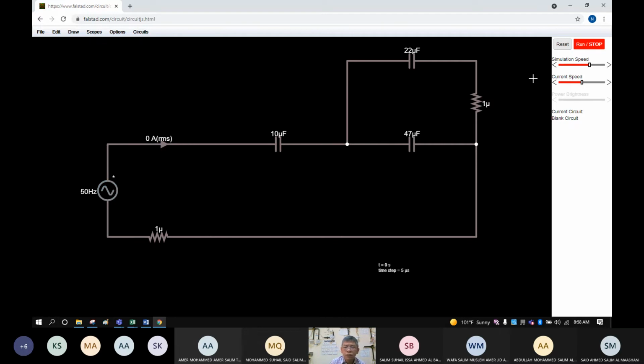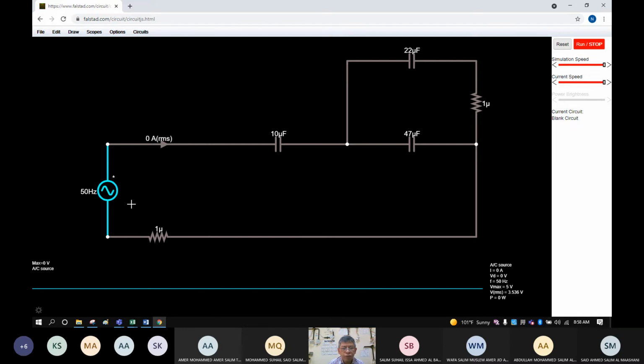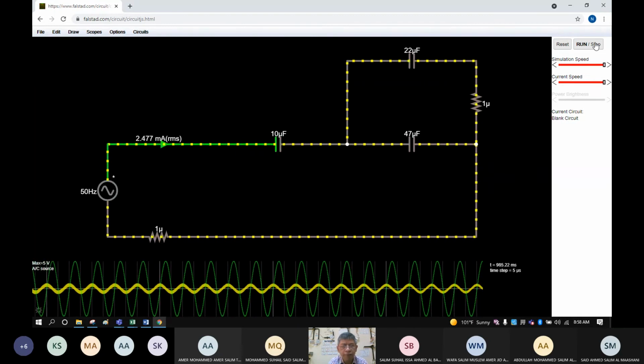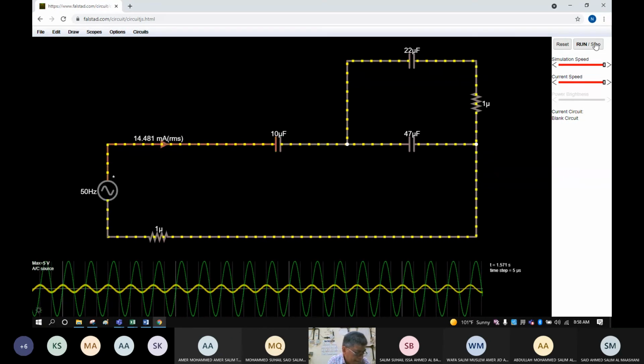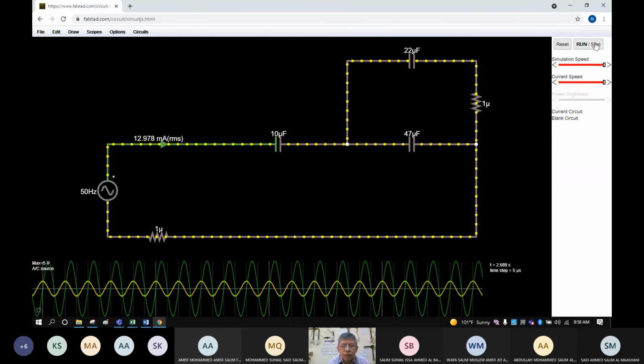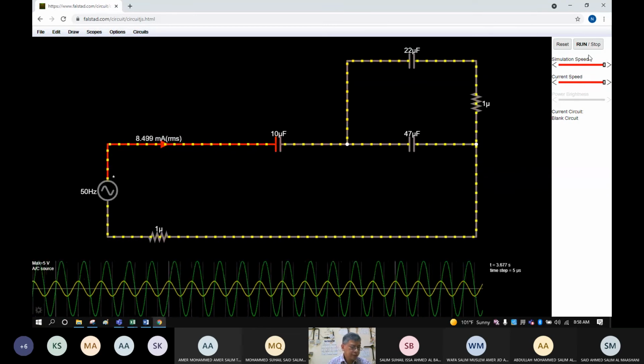Okay, so now we will proceed to this. You need to adjust this to maximum level. Okay, maximum level. Then here, right click, view in new scope. After viewing the new scope, then run. Okay, let us wait until it will stop for the total current. While we are waiting for this, anyway, it's okay.